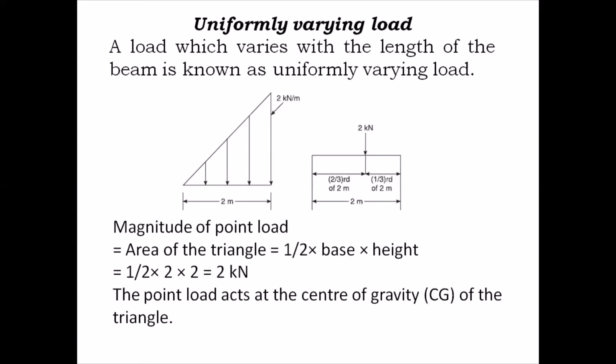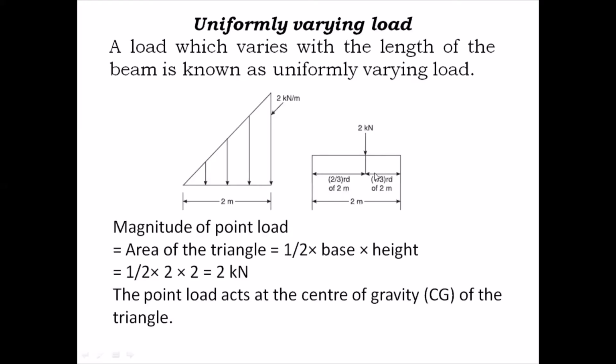Now see, in this triangle, the pointed edge is called the apex, whereas the other end is called the base. Okay. So we were discussing the location of this point load after converting. Conversion is very simple. It is the area of the triangle, half into base into height. After converting, you get 2 kilonewton. Now this 2 kilonewton actually acts at the